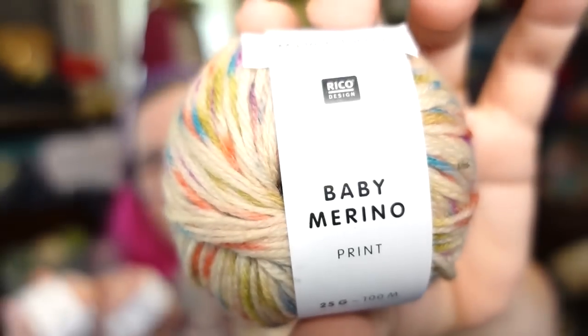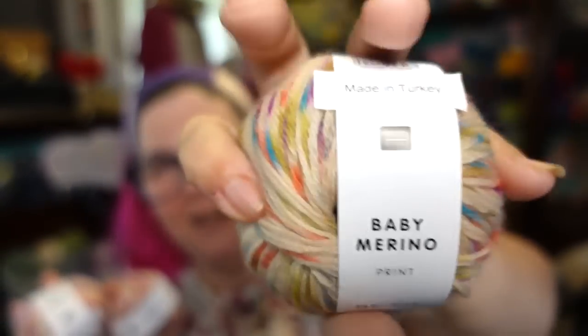And then these were a huge disappointment. I don't know what I expected. They're 25 gram balls. It is Rico Designs Baby Merino. These were $5 each, but they're teensy tiny. I know they're 25 grams, and I know...